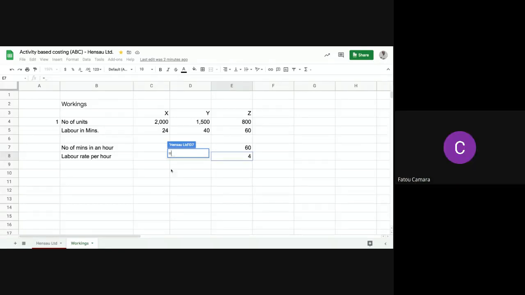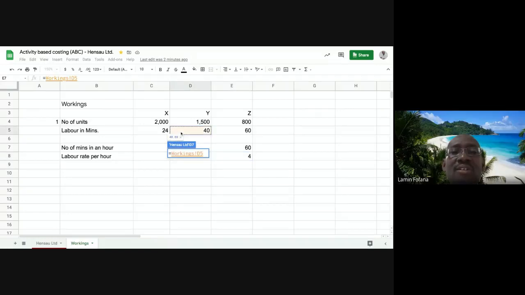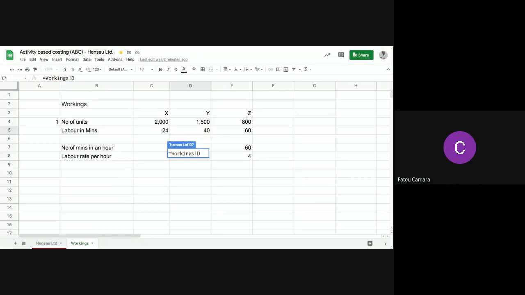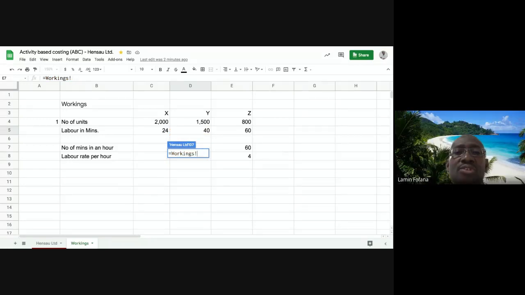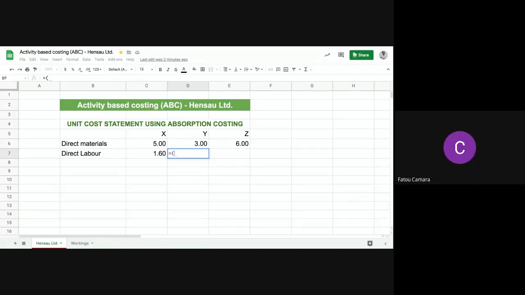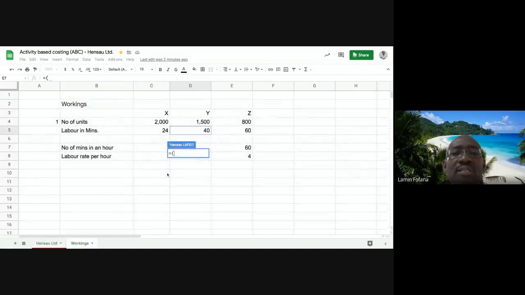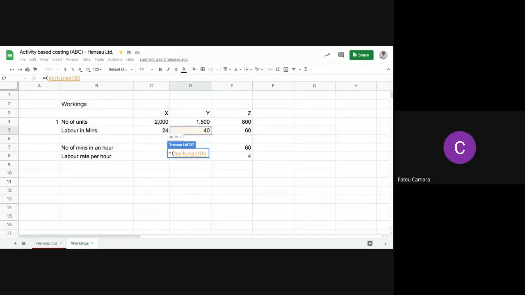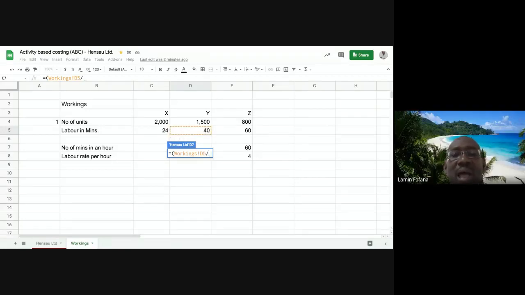D5 divided by. Okay, let's use Mr. Njai's working. He says we put in brackets. So we say equals, bracket opens, go to workings, D5 divided by